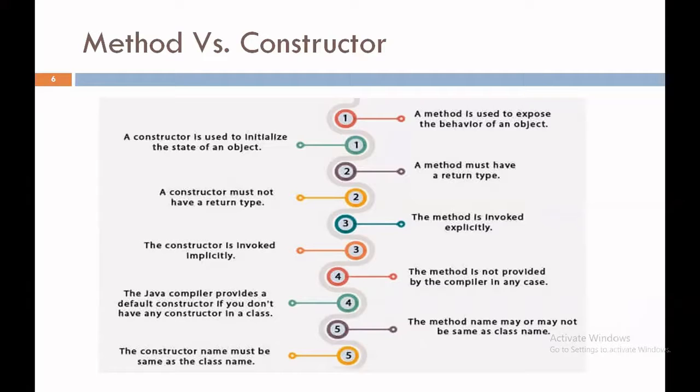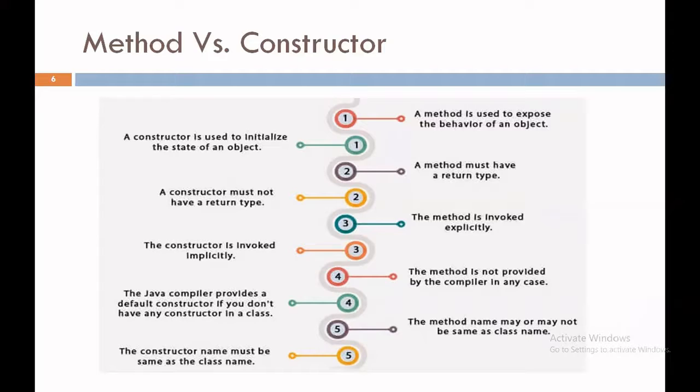Then the Java compiler provides a default constructor if you do not have any constructor in a class, while a method is not provided by the compiler in any case. The last point for the difference between a constructor and a method, and this is the most important point, is that the constructor name must be the same as the class name.